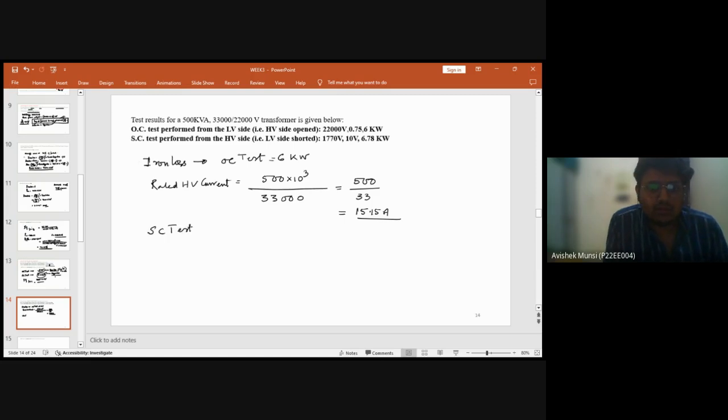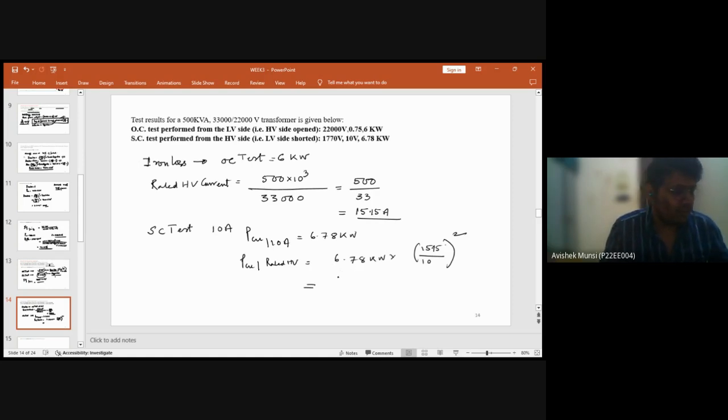But the short circuit test was performed at 10 ampere. So the copper loss at 10 ampere is 6.78 kilowatt. So the copper loss at rated HV current is 6.78 kilowatt times (15.15 by 10) squared. So if you calculate it, it will be around